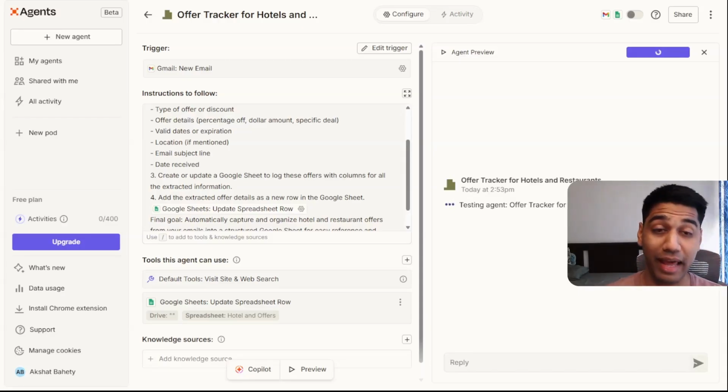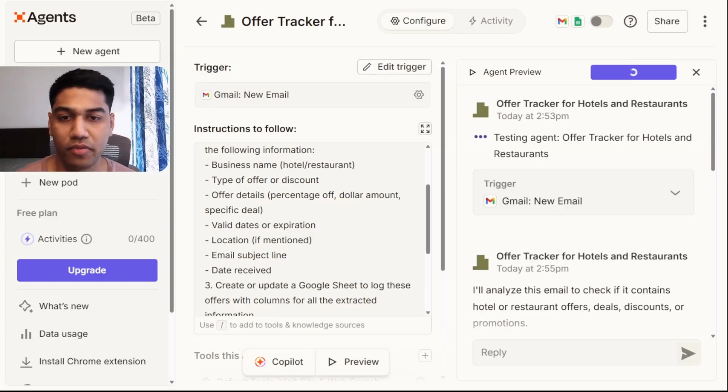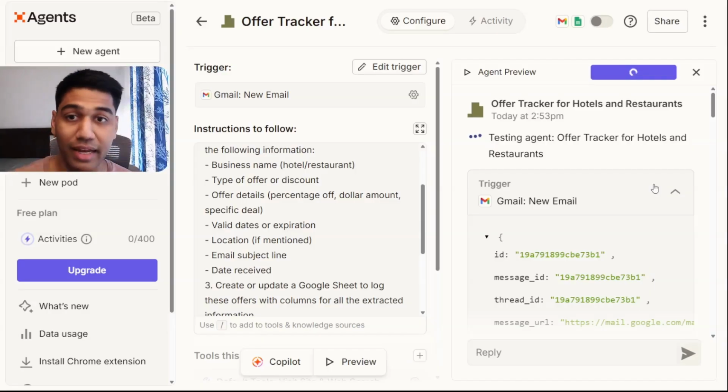and offers. I'm pretty sure in my email inbox there will be a couple of hotels who would have sent inputs or mails or something like that. Let's see. I'm not sure. Hopefully there are. Okay, so if I come here, you see that it's not working properly. It has been around roughly 2 minutes and it's not able to find the right emails, and it's also waiting for new emails to come in, which is not